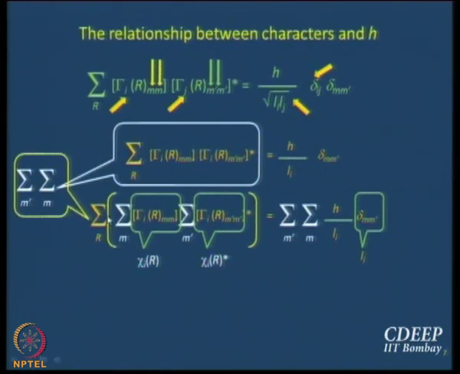Fine. What is the right hand side now? Left hand side, what I have got is sum over R, chi I R star. And if you are working with real matrices, a real representation, then it is simply sum over R, chi I R whole square. What do I have on the right hand side? If I sum over m as well as m dashed, it is perhaps easier to think of it like this.